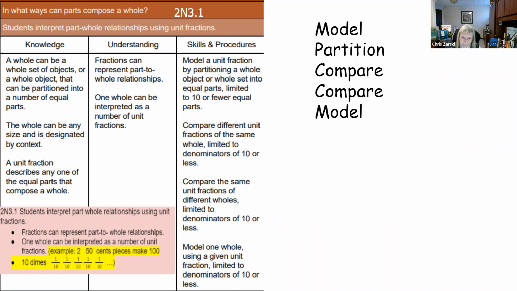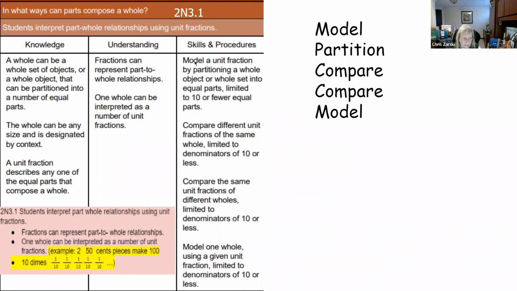Money that's in my piggy bank, money that somebody gave me, maybe mom and dad started me a bank account, or maybe I've never seen money before, but either way, money is a context that I will continue to grow and see as I get older, and I will start to see it in a different light and use it in different ways. So again, let's have a look at, it talks about one whole can be interpreted as a number of unit fractions. That's what we're going to build today. And then we want to talk about that part to whole relationship, which we jump to as North Americans very, very quickly. But we'll start with that. We're not going to talk necessarily about the part to whole and name it like that, but we will talk about parts of a whole in terms of money.